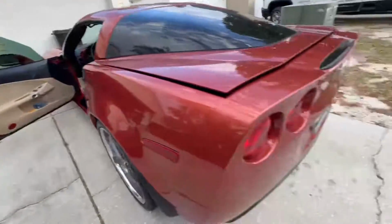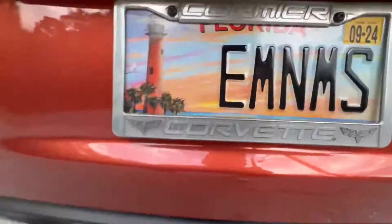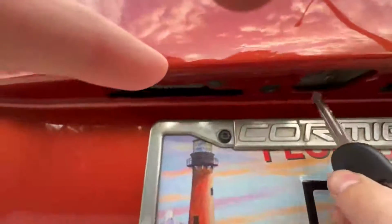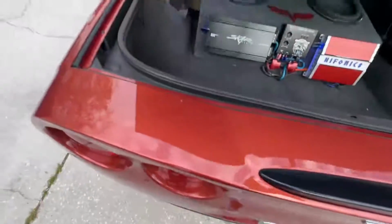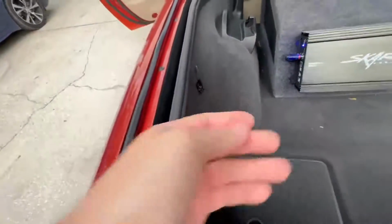Now, what happens if your battery goes dead? Because it has electric poppers for the doors. You'll use your key here, and there is a locking system underneath here that you'll slide this up in, and you'll turn that lock. That'll pop your rear hatch here, and then when you get into your rear hatch, you would pull this, and